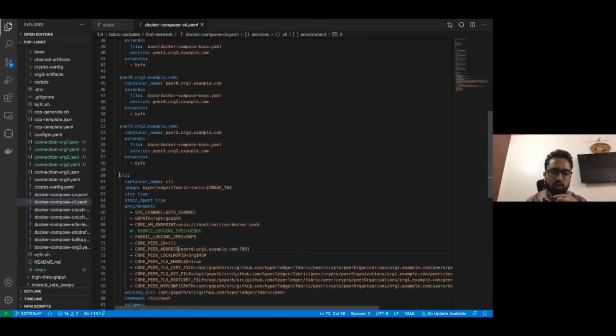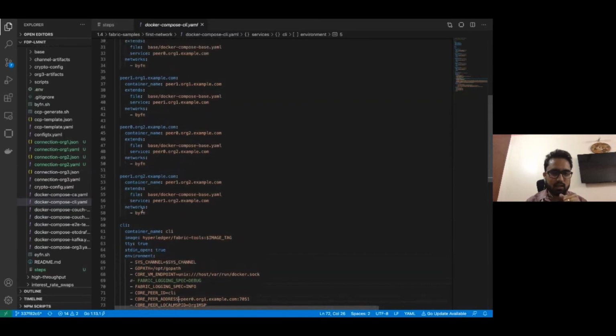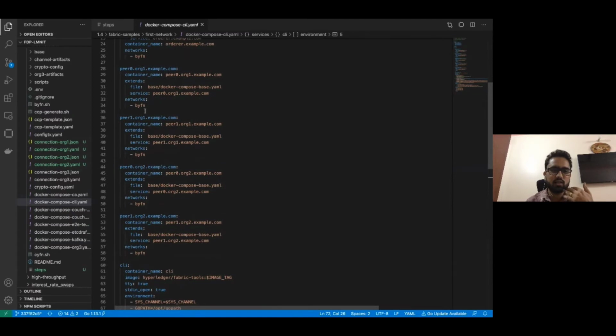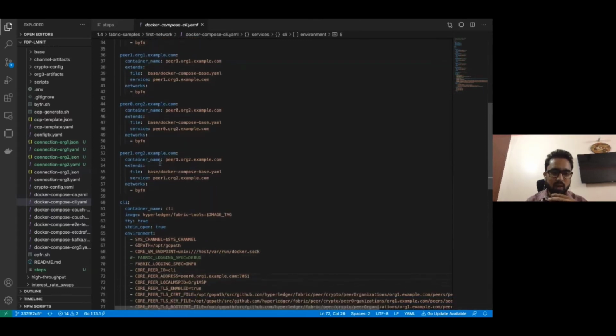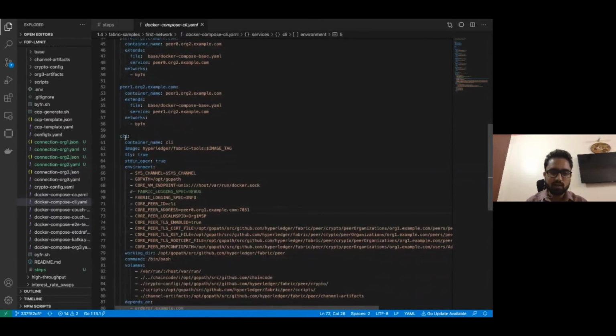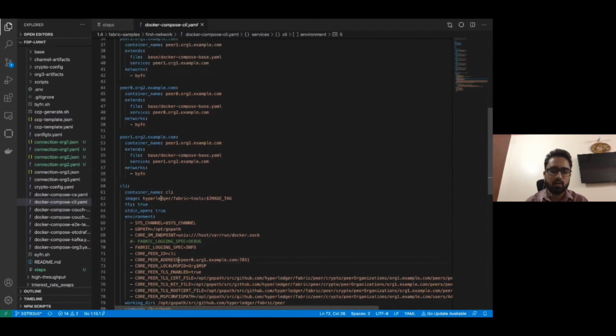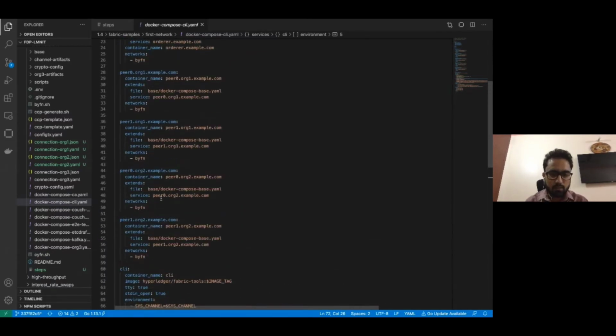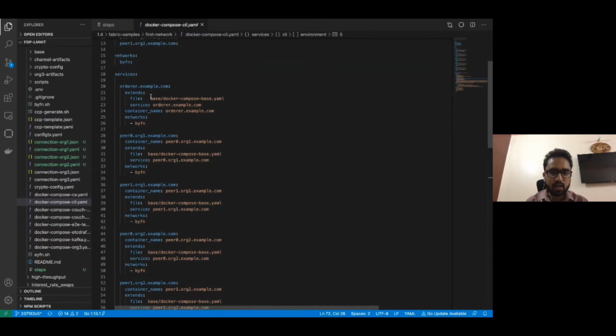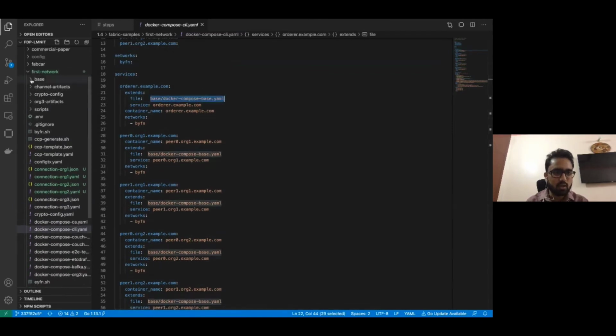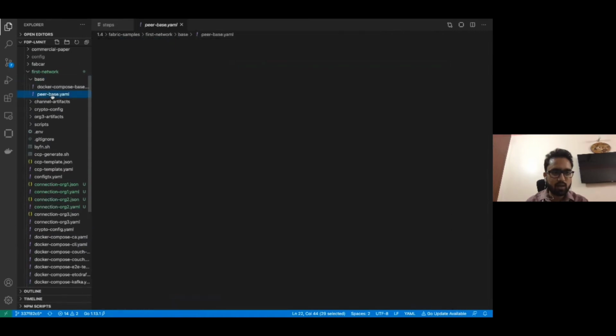If I do not create this CLI container, then whenever I have to submit a transaction, I have to go to these containers, exec into them and submit a transaction. To ease my work, I am creating the CLI container and I'm going to submit all the transactions from it. As you can see, there are some files defined over here. These files are defined in this peer base.